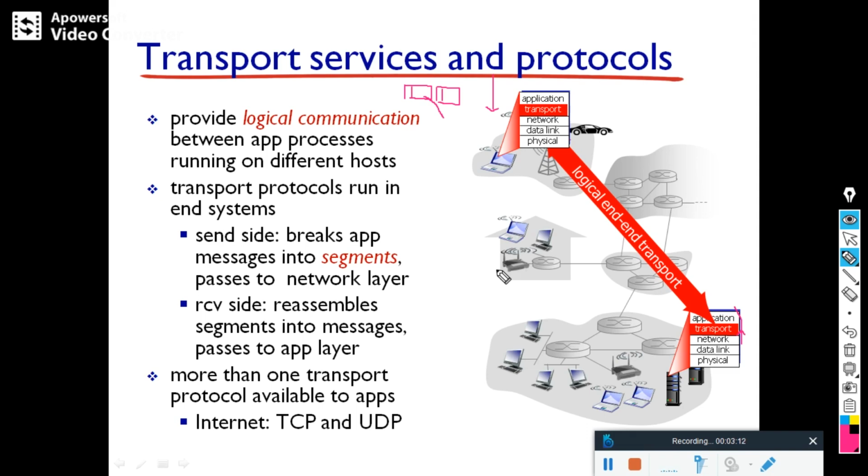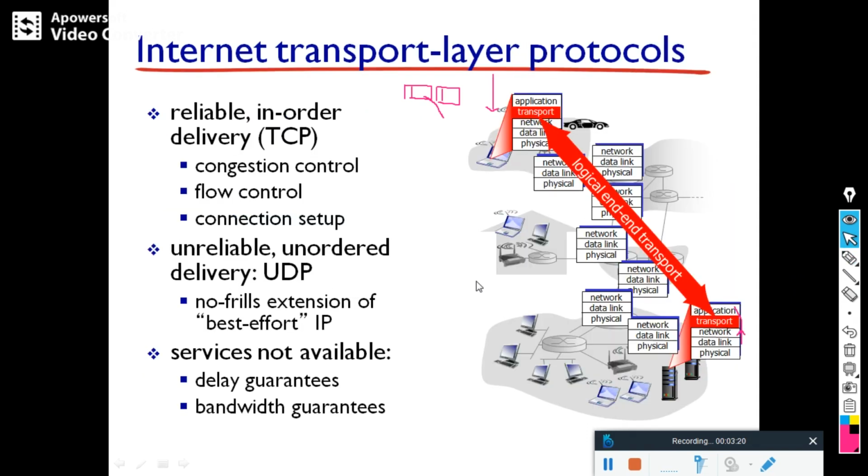UDP is connectionless, but it is faster. This is the explanation about TCP and UDP. TCP provides congestion control, flow control, and connection setup. UDP is not like that. UDP provides best effort service, just like IP, but it is unreliable.